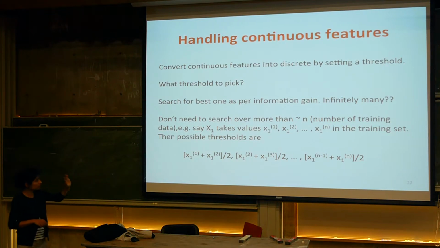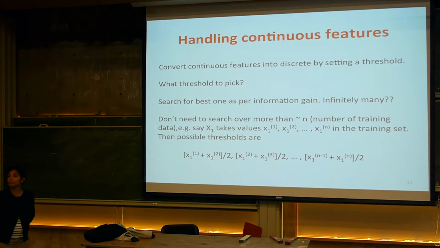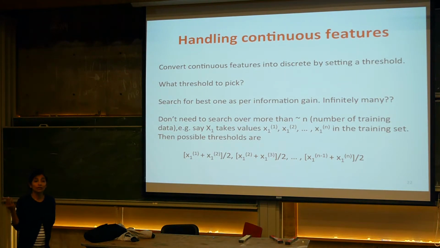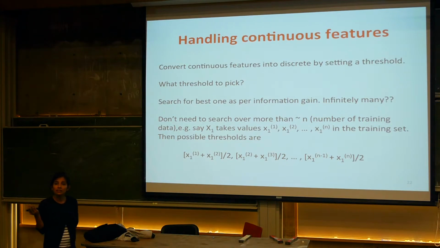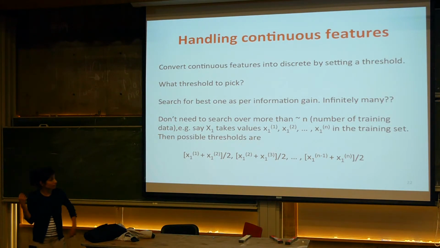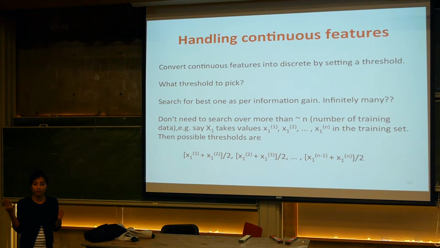The idea is you can evaluate the information gain for different thresholds and pick the one that gives you the best result. But you don't need to search over infinitely many, and the reason is that you have a finite amount of training data, right? If you only have n training points, then the corresponding feature, say you look at x1, can only take n possible different values, right? So you really only need to search over essentially n, or n minus 1 if you want to be exact,